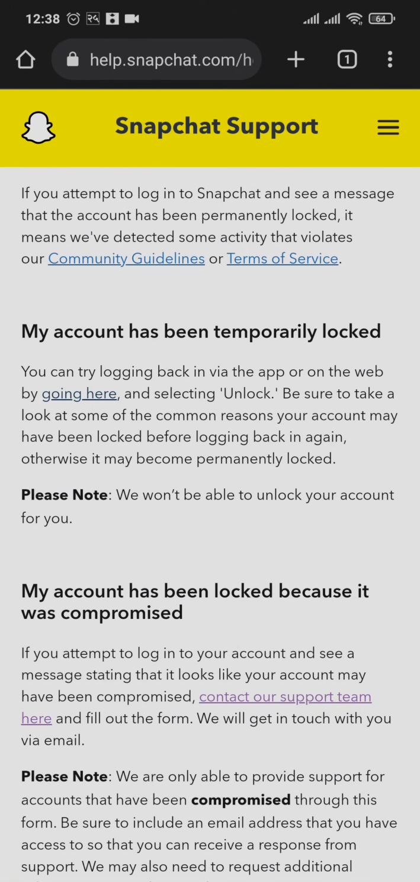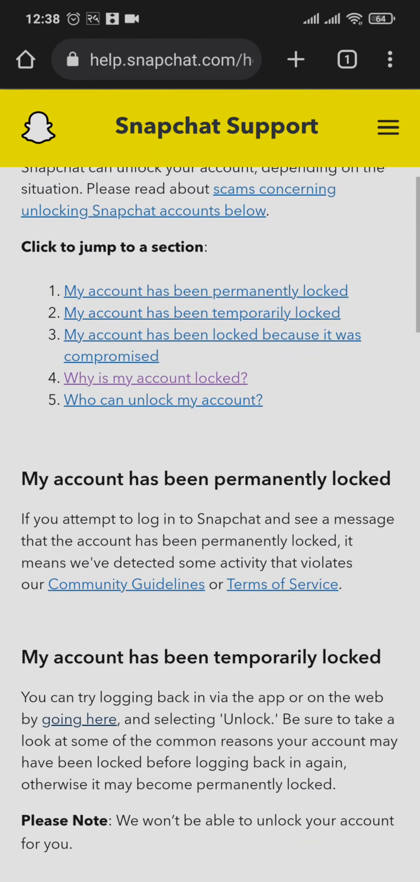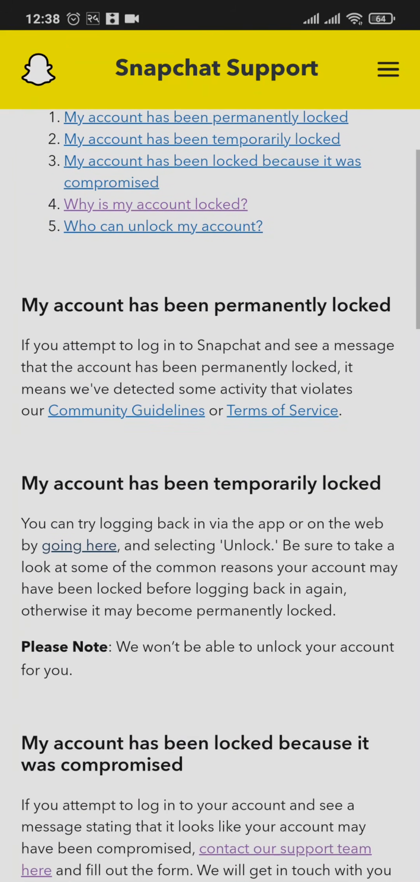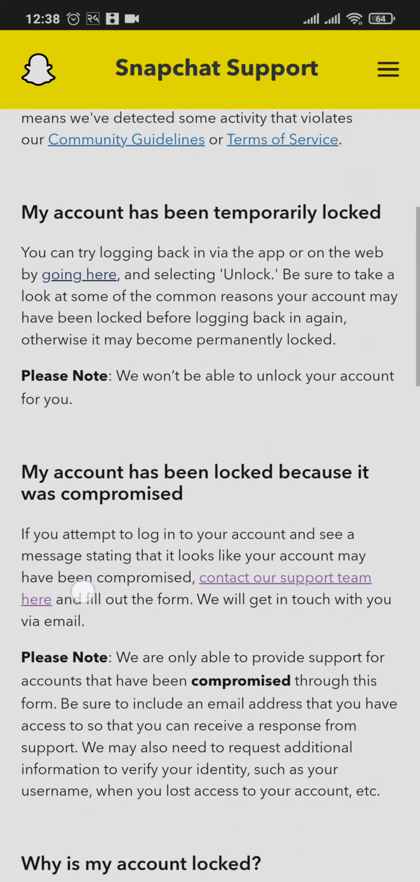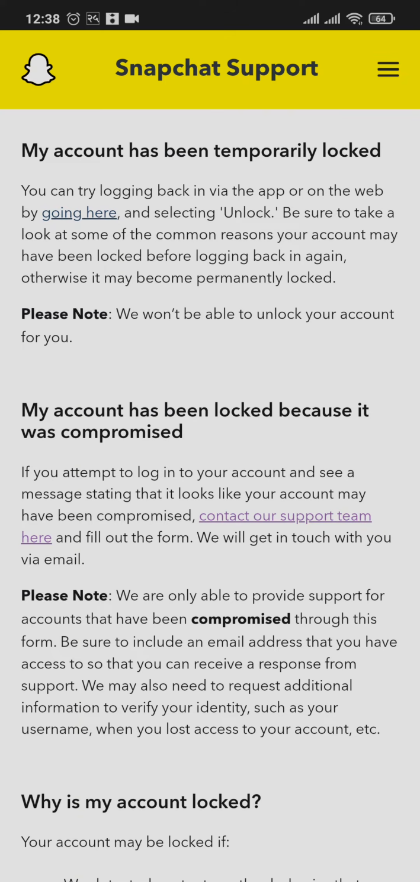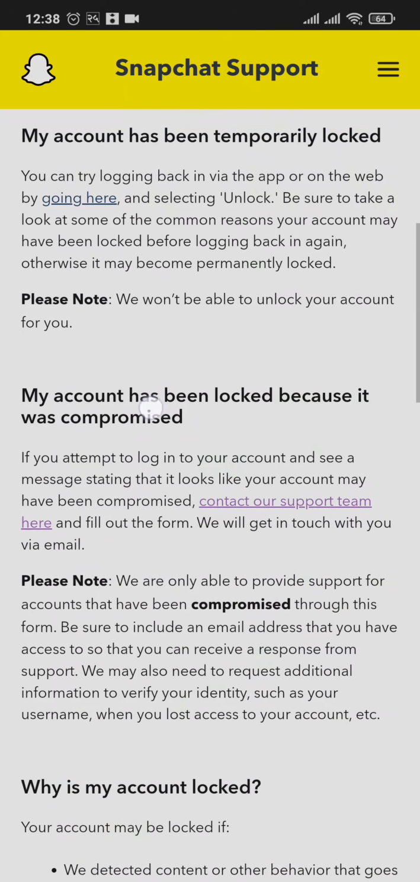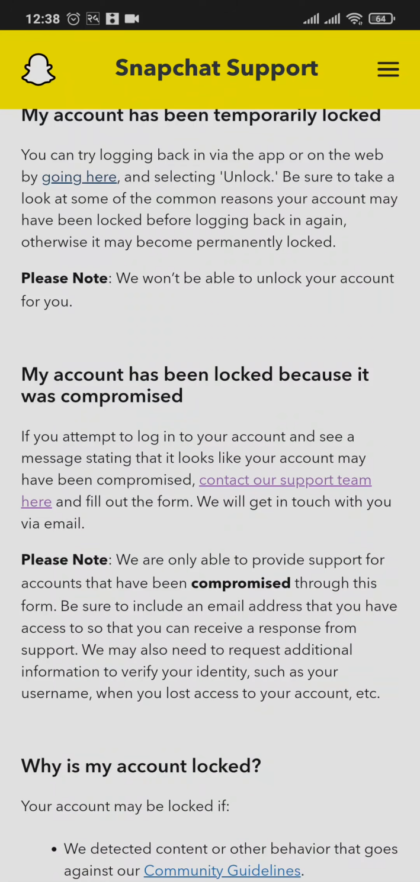Even if you tap on the unlock option and your account is still not unlocked, what you can now do is tap on contact our support team under my account has been locked because it was compromised, which means your account was hacked. Your account may be hacked but you wouldn't know. So just tap on this option